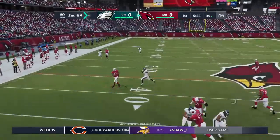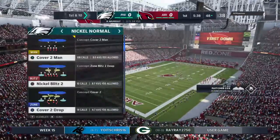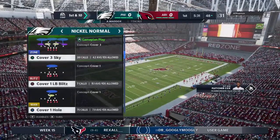Out of the gun, here's Murray. And that's complete. It's the tight end Daniels, and he'll be taken down, but not before he gets into enemy territory. A gain of 13. It's a 1st down at the 48-yard line. When you get a big tight end like this,